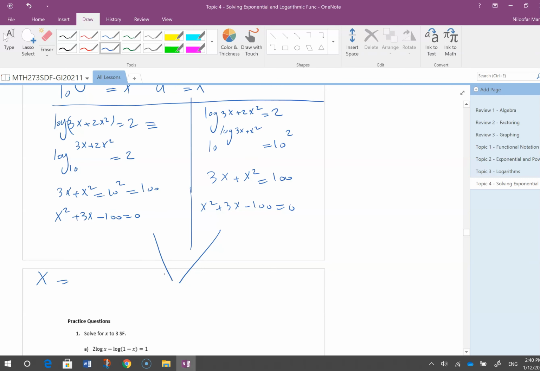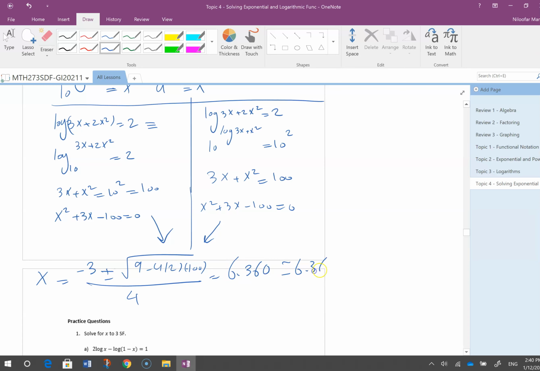In both cases, the answer is x equals minus 3 plus or minus the radical of 9 minus 4 times 2 times minus 100, divided by 4, which is 6.360. That's almost 6.36. I underlined that, check that. So two answers, 6.360